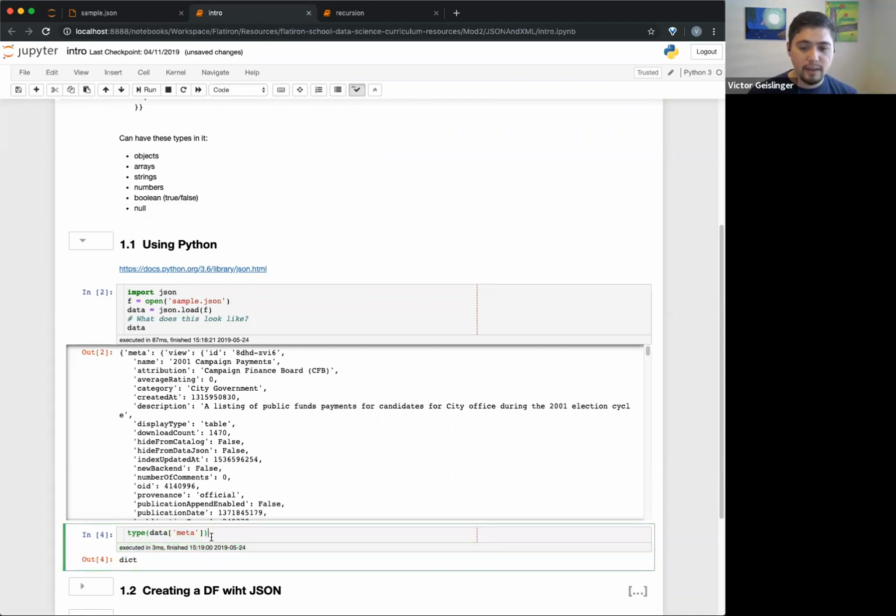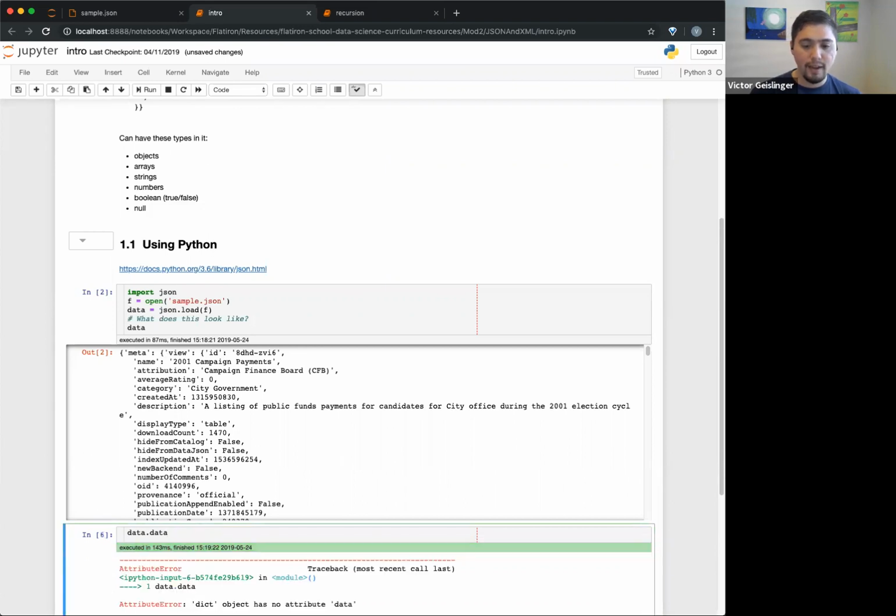And then let's see here. Let's say I do data.keys. So we saw that there was data, there was meta, and do you guys remember what the other one was? There's a couple. Oh, so it's data. So you can see I can do data.data, and that'll give us,